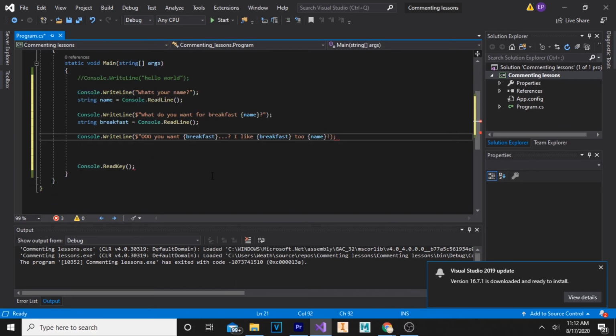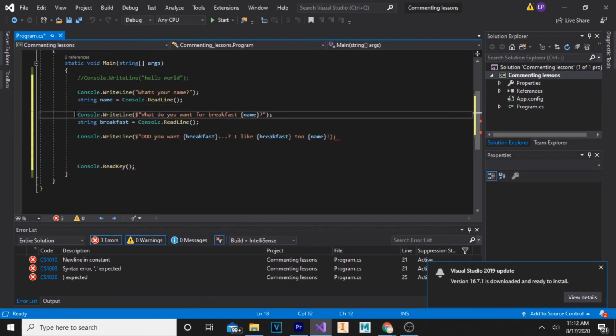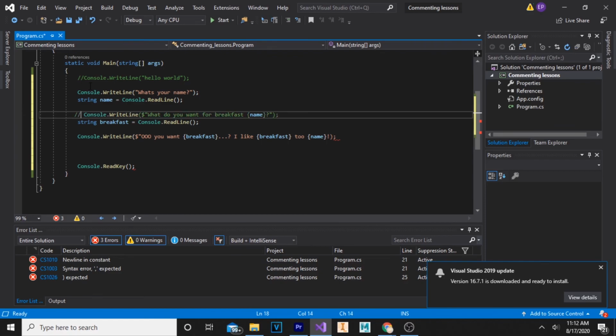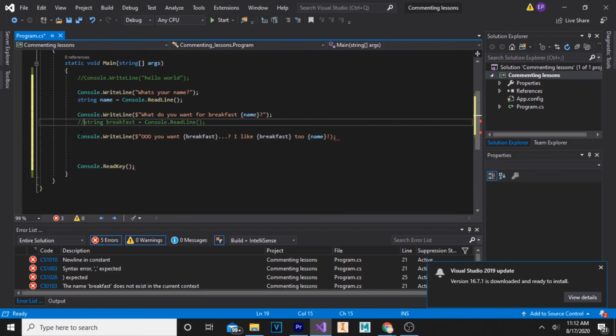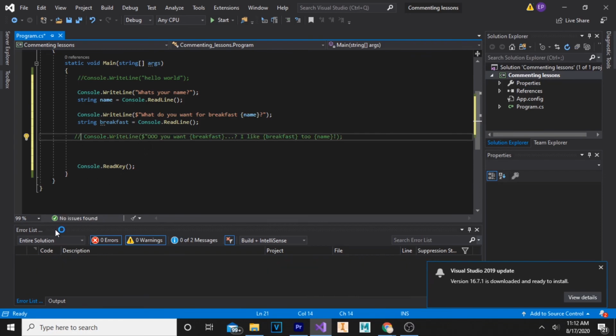So then I have intentionally left a slight little error in here, and I'm going to show you how we can use commenting to isolate that variable to make things just a bit easier. So let's say I'm trying to look for this error, and I'm like, okay, could it be in this line? You can comment that out, and the errors don't disappear, so no. Is it in this line? No, because the errors are still not disappearing. But if we go down to this line, we can comment that out, and we see, oh, the errors have